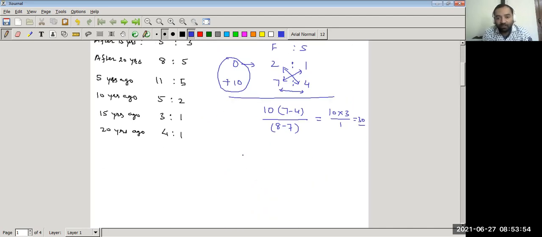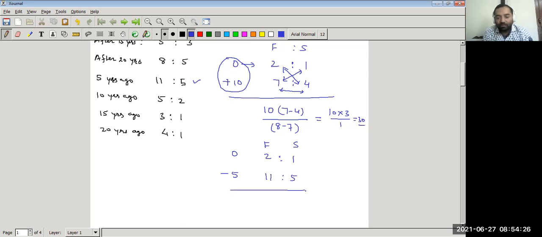So basically, this is one of the quickest approaches to solve these questions. Now let us discuss another example. Present age of father and son are in the ratio 2:1. It is given. Now, instead of taking 5 years or 10 years ago, we take 5 years before. So 5 years before we take minus sign. Minus represents before. 5 years before their ages are in the ratio 11:5. It is given in the question.